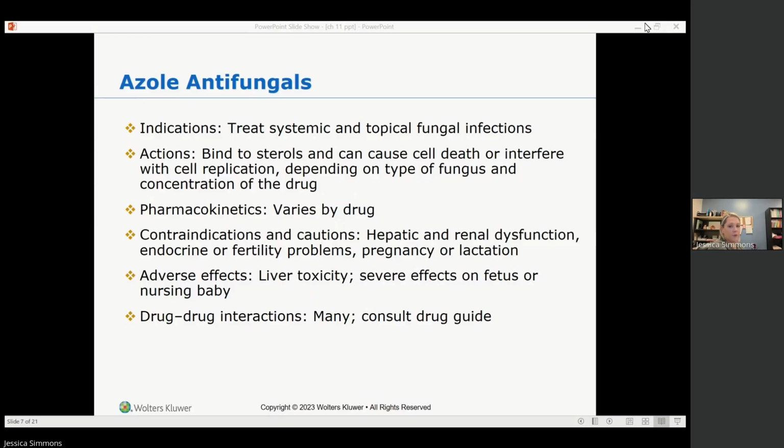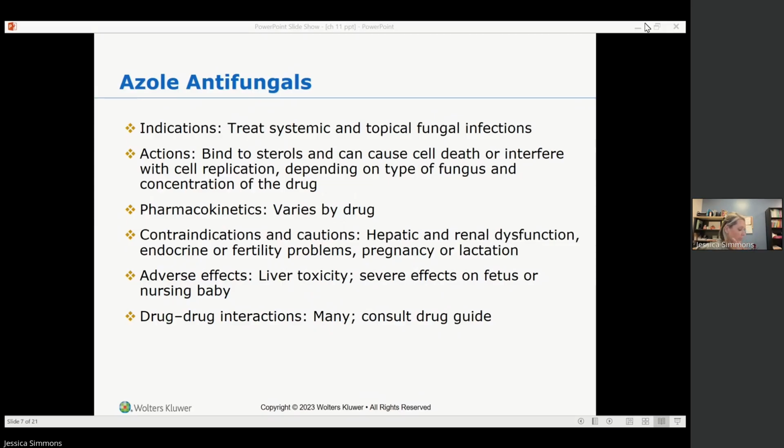The first one is amphotericin B. The second one is ketoconazole. The third one is nystatin. The fourth one, I lied, is miconazole. And the fifth one is fluconazole. Okay, so